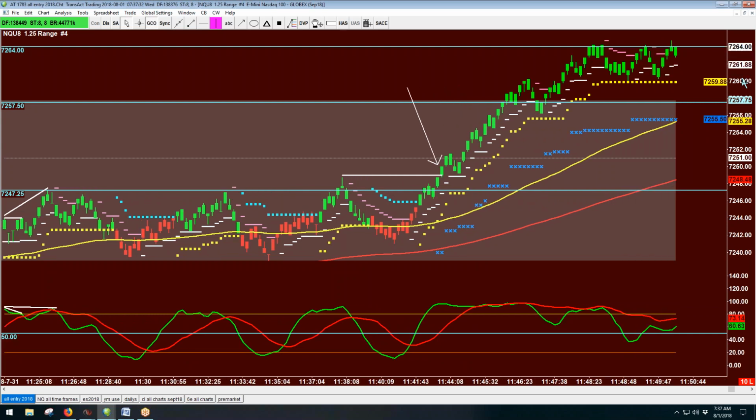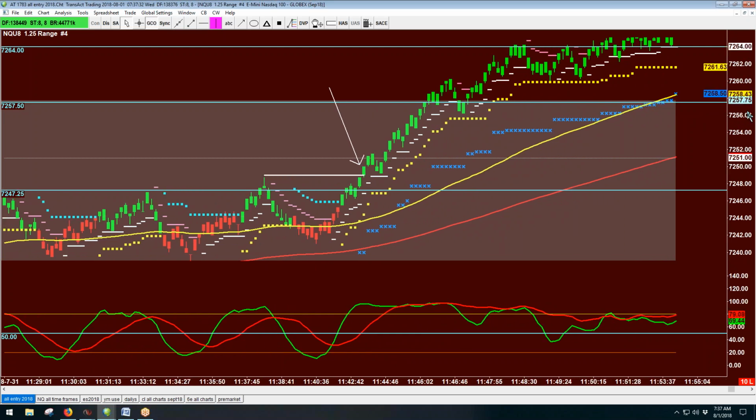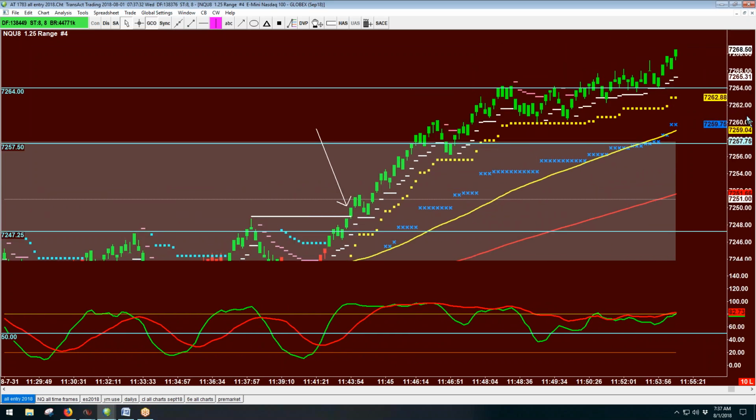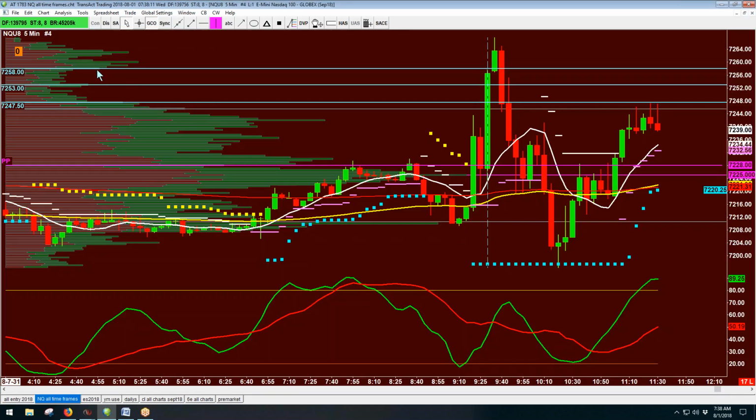So I'm not saying that you had to capture the whole entire move, but after you're in, once you take your first profit target off on a portion of your trade, you can trail using the regular super trend stop here, which is this yellow squares here, and use a few ticks below that. So this way, if it keeps going higher on a portion of your position that you're holding, then you can go ahead and trail it that way. So that 57.50 area would have been the ideal target based on our